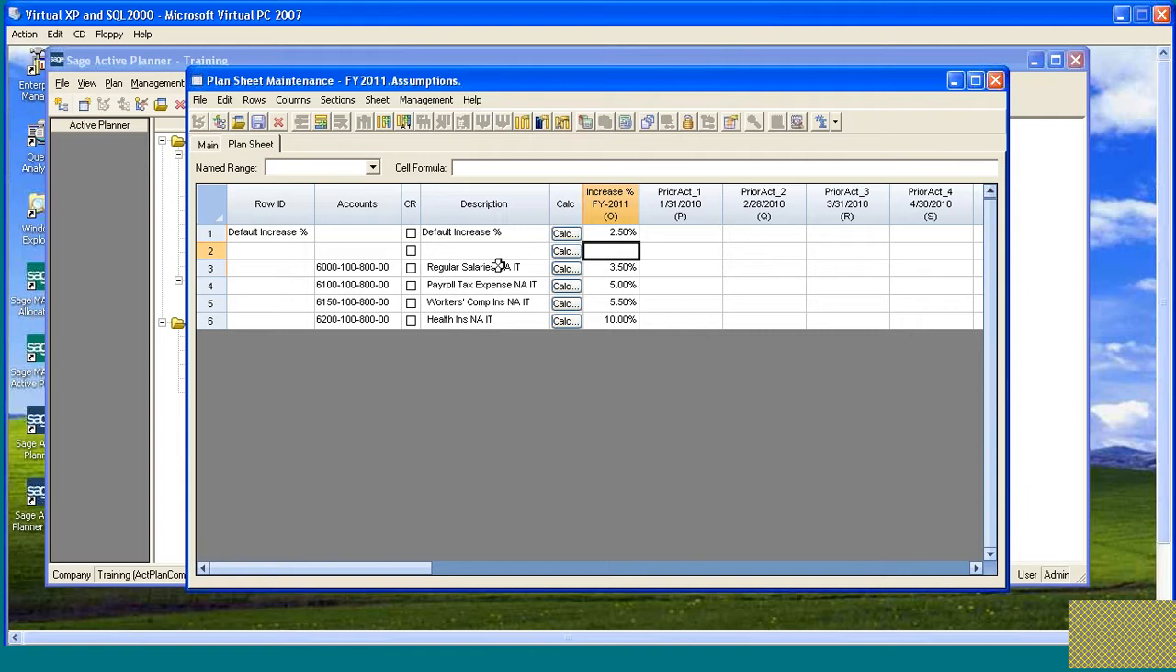And next thing we need to look at would be the account numbers. Do we want to apply this 3.5% to all 6,000s or to 6,100, 800, 00? It's our choice. We can be as granular as we need to be, but in our case, we don't want to take it all the way down to the account and location and department combination. We want to be a little more generic, where we want to apply this to all of the accounts that begin with 6,000. Now, if I would start to change this,